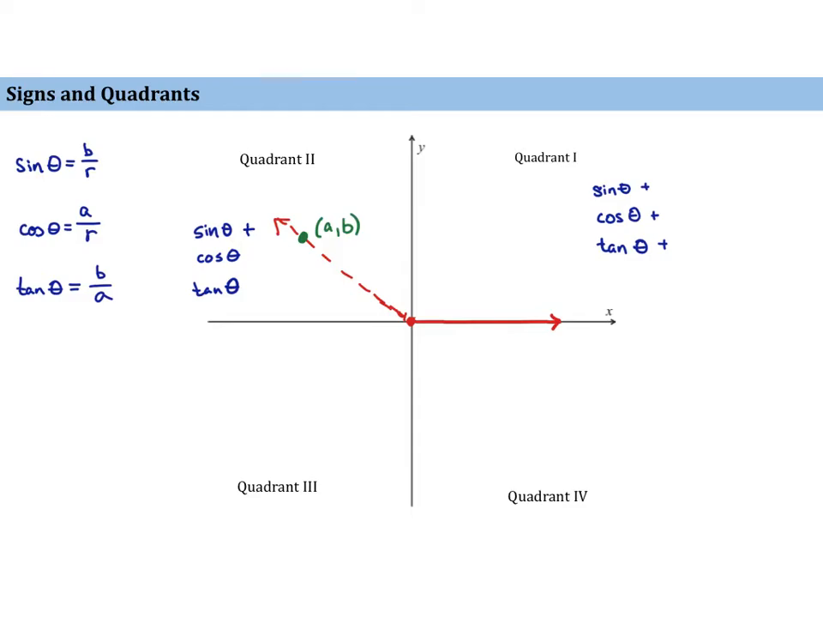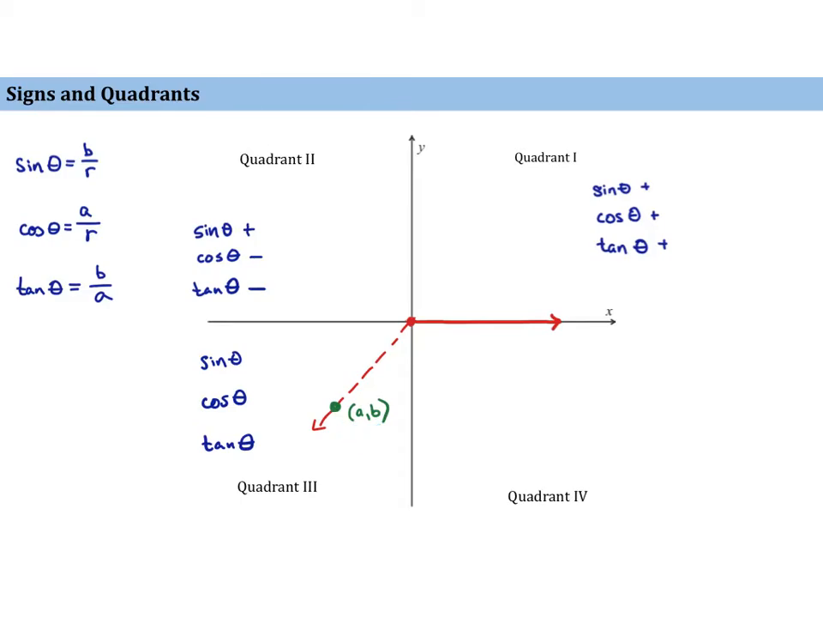Cosine of theta, well, that's A over R, and in the second quadrant, A is negative. So cosine of theta will be negative. Tangent of theta is B over A, or you can think of it as sine of theta over cosine of theta. And sine of theta over cosine of theta will be a positive divided by a negative, which is, in this situation, a negative. Now if we move on down to the third quadrant, in the third quadrant, A is negative,